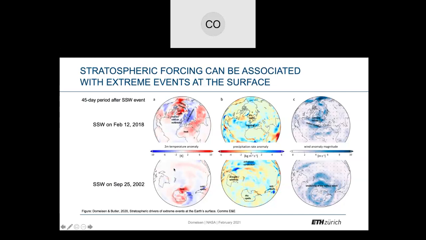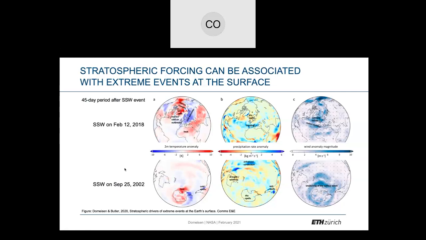We know much less about the southern hemisphere. This is one thing that we're currently looking at. There's a couple of studies already out there, but we're really trying to understand what happens in the southern hemisphere because we just have much fewer sudden warmings happening in the first place. So this can have real impacts on extreme events. We should understand better what happens there, and we should be able to try to predict them.